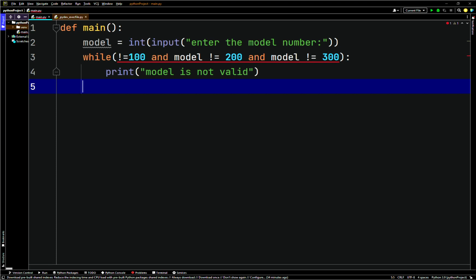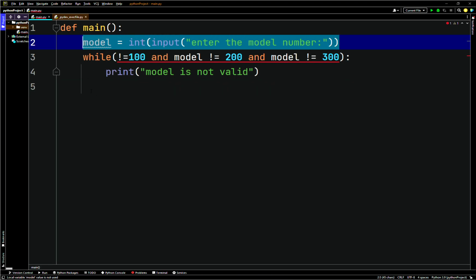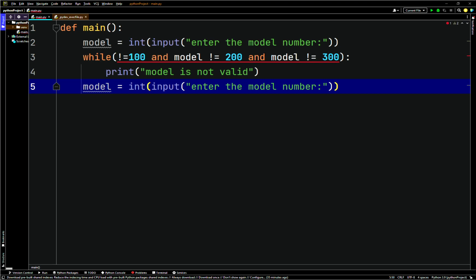you could pretty much repeat the process again. So you could say, okay, we'll enter another model number. You know what I mean? You could just check a condition. It's just pretty much a loop. So that's all. These Python docs really are just getting at. So if you have a condition to check,